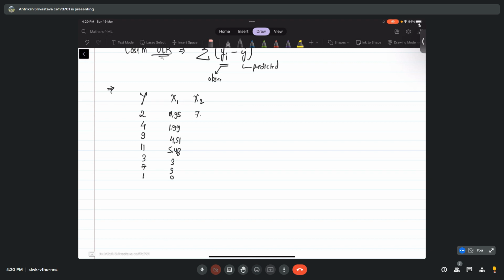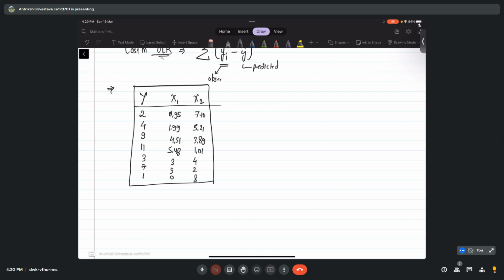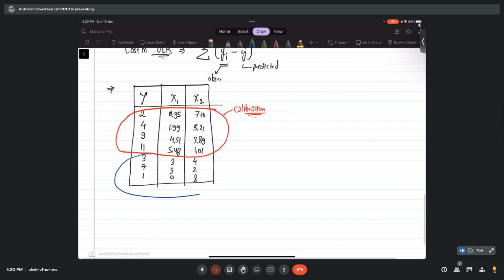Now you may be able to guess where I am going with this, but let's just do this so that other people will also understand. Some of you might be able to understand what I am going to do. So let's say you have this data set. Now, if I use these examples for my calibration, and I am going to use these examples for my validation,